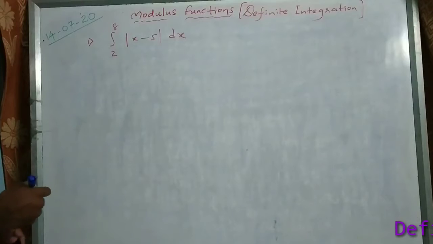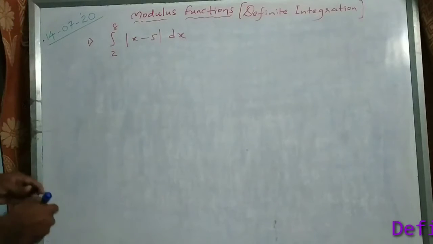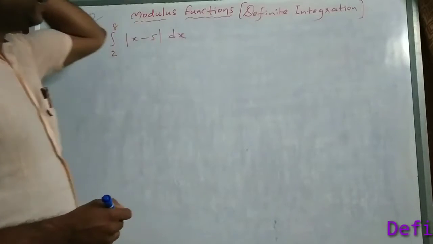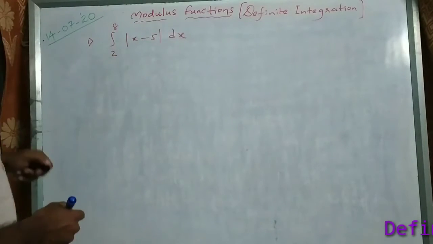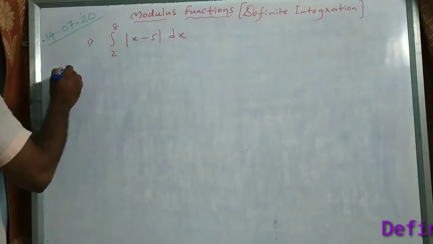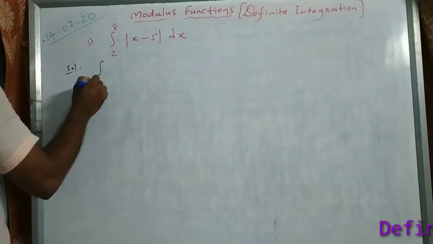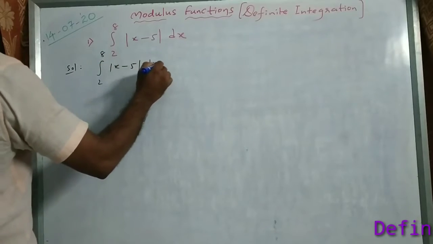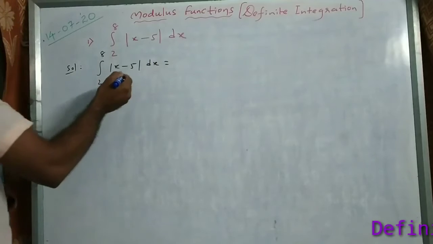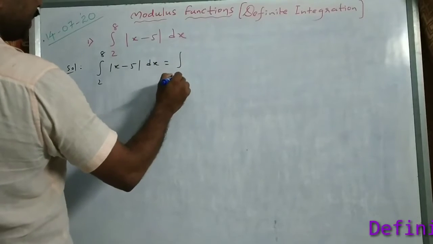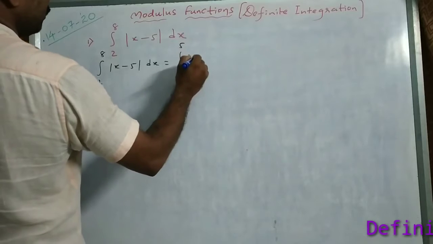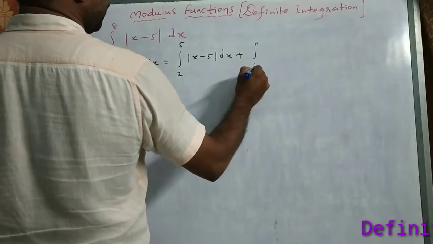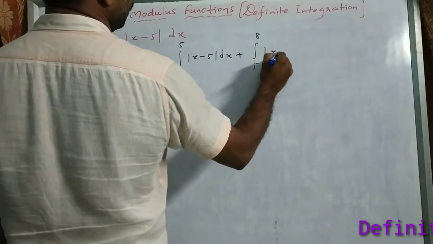So integral 2 to 8 mod x minus 5 dx. In this class we are taking definite integration for modulus functions. Look at this problem: integral 2 to 8 mod x minus 5 dx. What is the stationary point here? 5. So I can write integral 2 to 5 mod x minus 5 dx plus integral 5 to 8 mod x minus